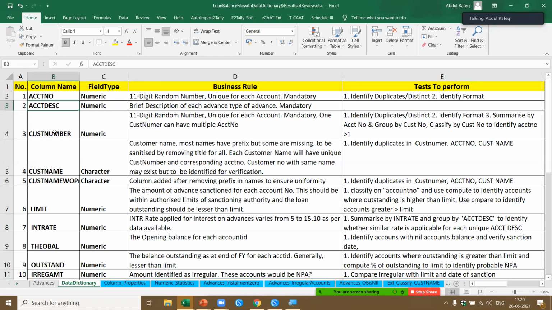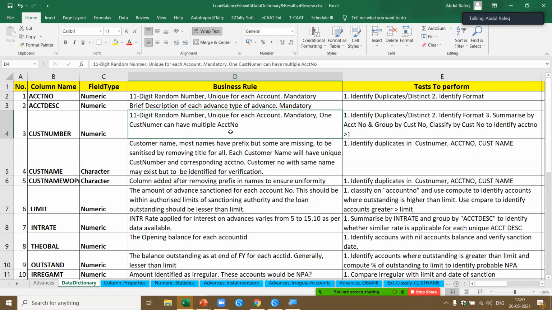You've got the customer number. This is an 11-digit random number, unique for each account, mandatory. One customer number can also have multiple accounts. So how do I use this? I can use it to identify the duplicates. There will be duplicates here. No, sorry, there will not be duplicates here, but there could be duplicates in the account number.